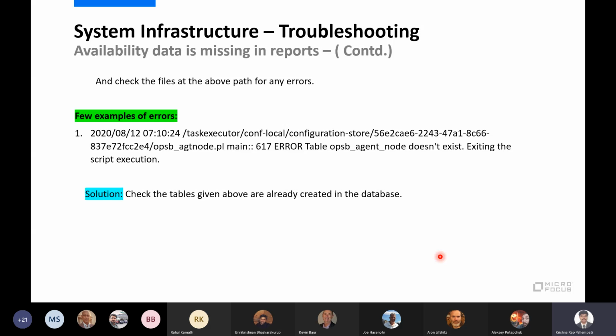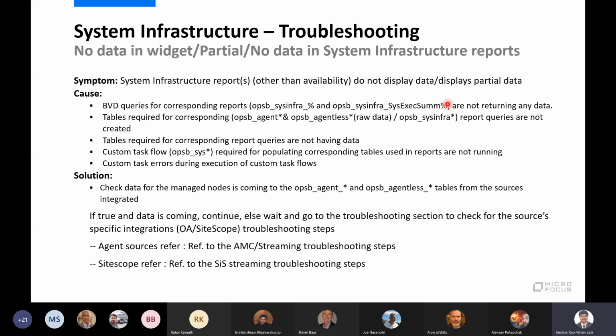I explained availability, which is our custom script, whereas the other queries are default SO aggregation data. To verify this, we need to go back to our task flows, check whether the task flows ran or not, and verify whether the data is coming into the raw tables or not.